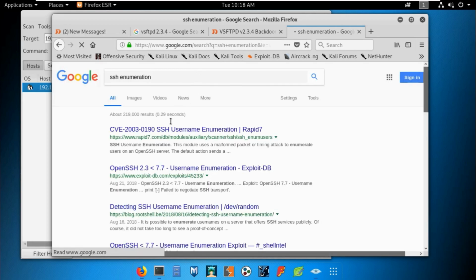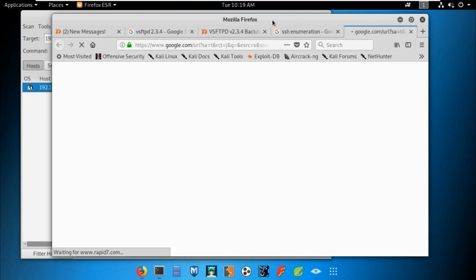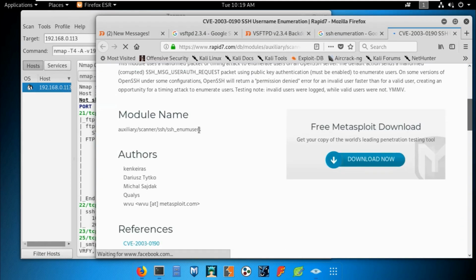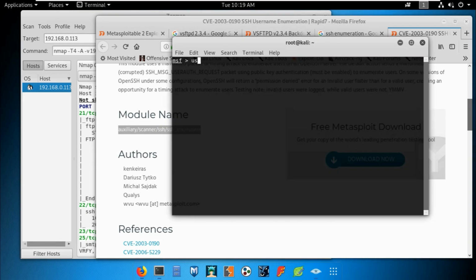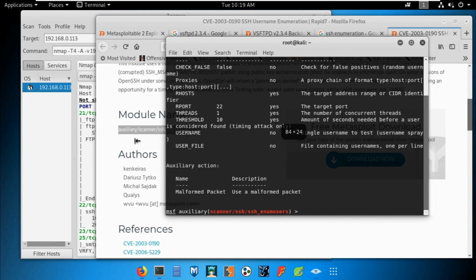Let's search Rapid7 username enumeration. Anything you find, just go and search for this. As you can see, you get the module for the enumeration. Now use it and hit enter. Show options. Okay, I hope you can see them.